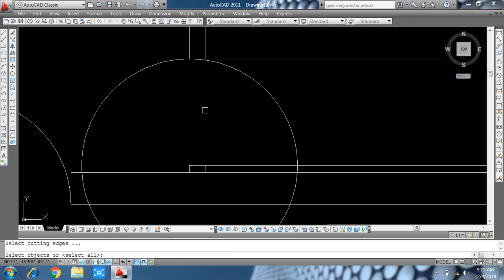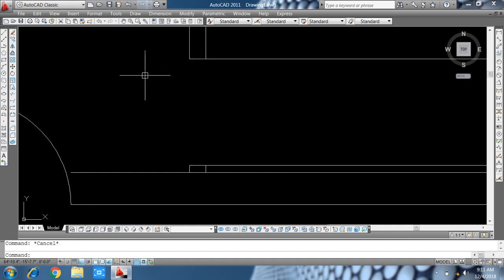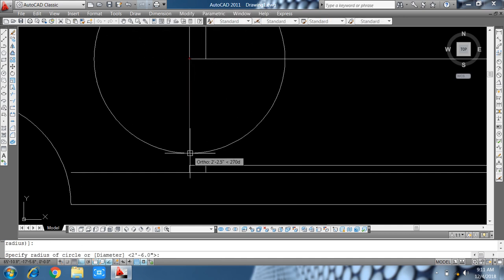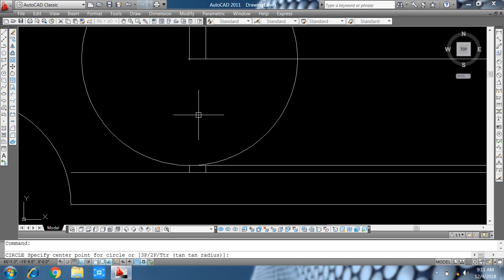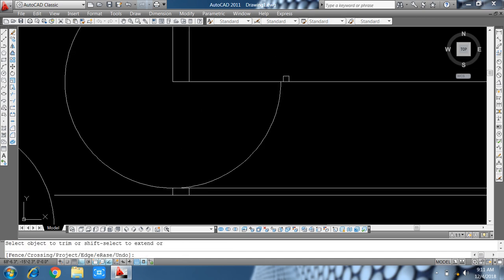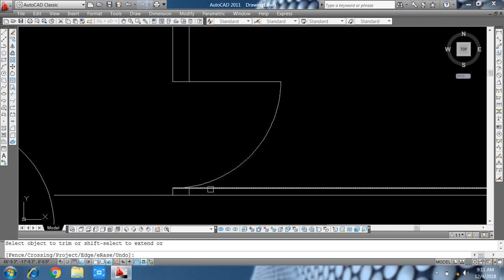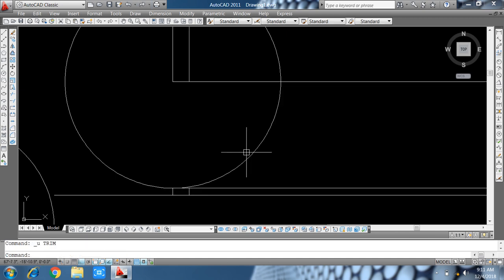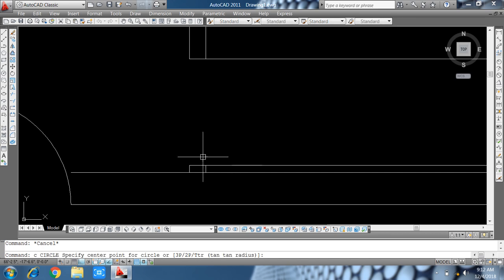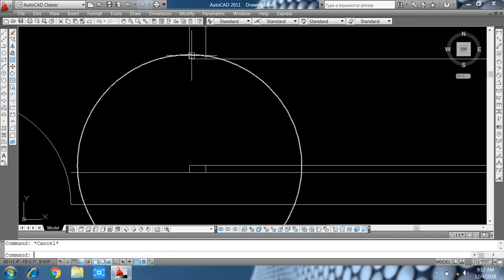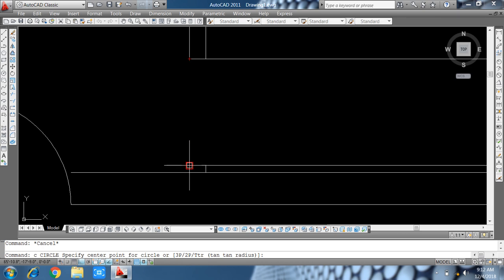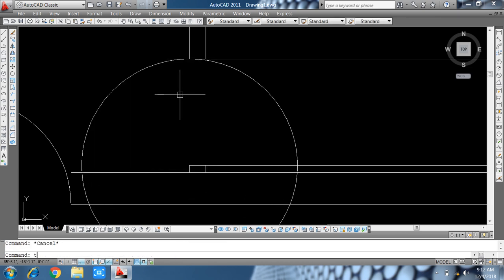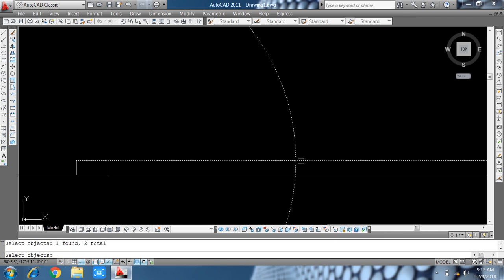Sorry, I make a long side circle, take a circle from this point to this point, trim that one and trim this circle, also this line. Now friends, we delete this line also,